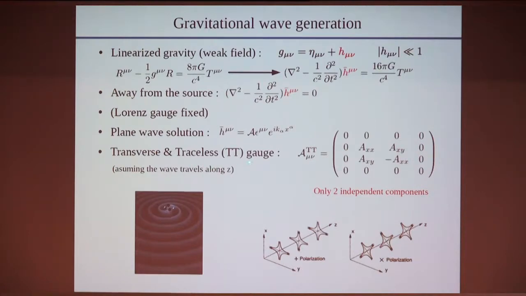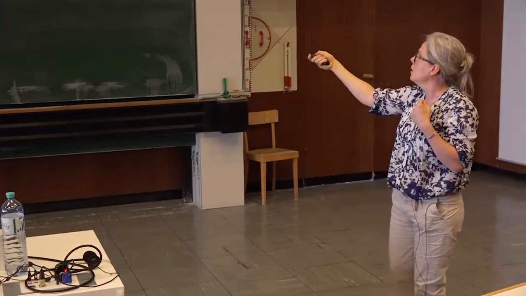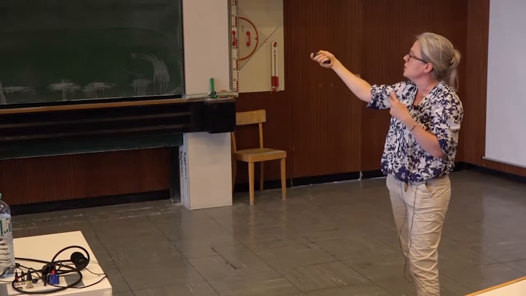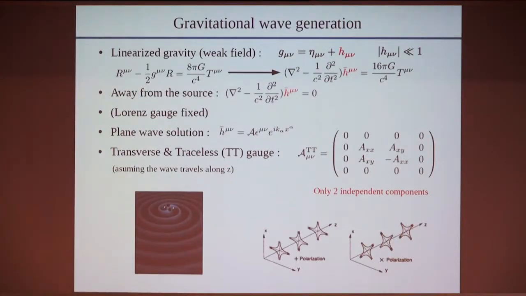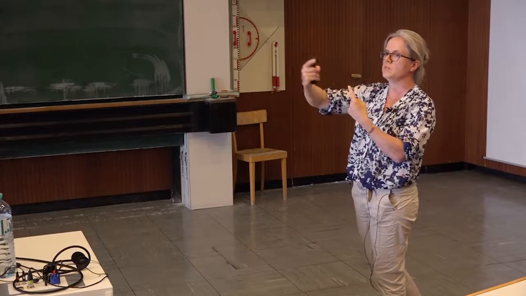You can impose several conditions, especially the transverse and traceless gauge, and you can show that the solution has only two independent components, which are the two polarizations of gravitational waves. So gravitational waves have two polarizations that are just plane waves that travel